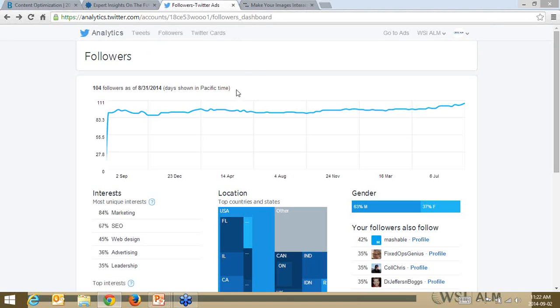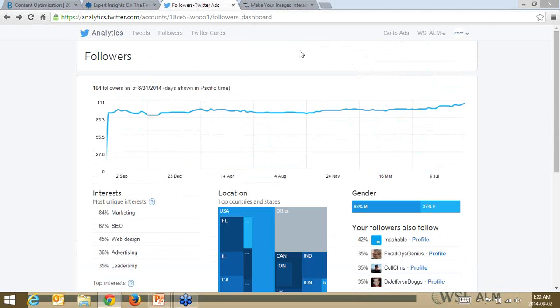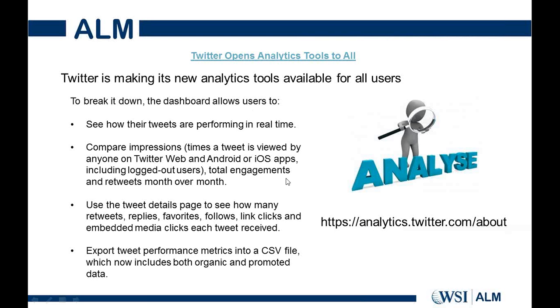That's going to be a home page, and then you can actually log in and start seeing some pretty good insights as far as your tweets or your clients' tweets are concerned. And this is great because you can now just start exporting reports and showcase this to your clients.